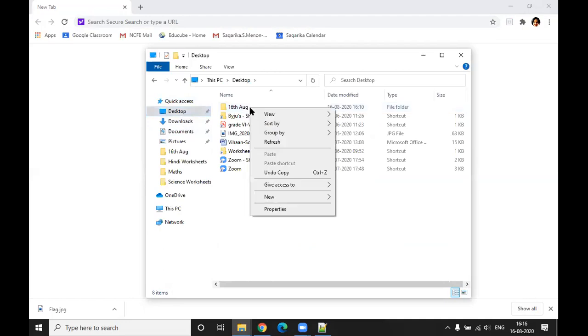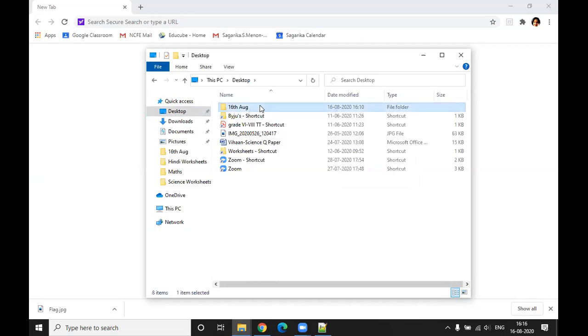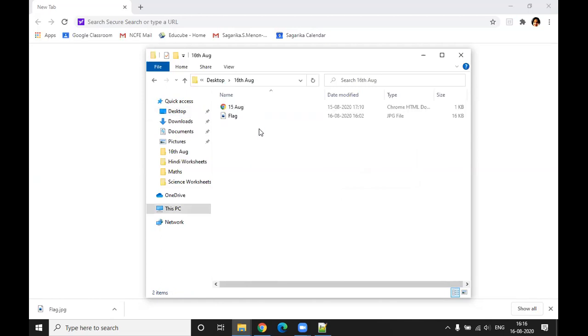So within this folder, we have got the HTML file, correct? We have to go to that HTML file. Let's double click on that. Yes. You have to open the folder. Now open the file in a web browser. Show me what is written over there. So which one? Flag? The HTML file. We just made a change to the HTML file, correct?